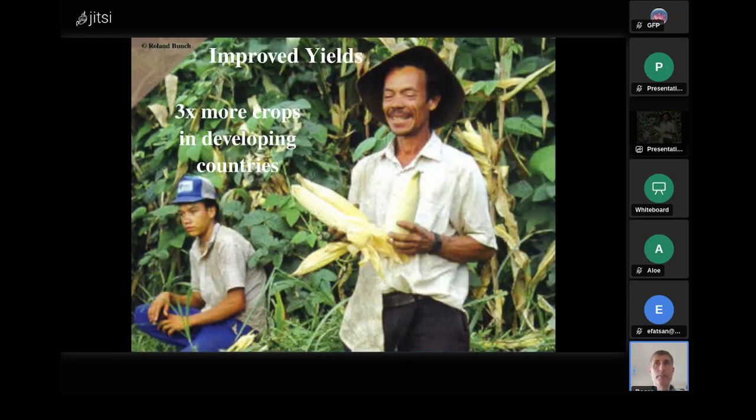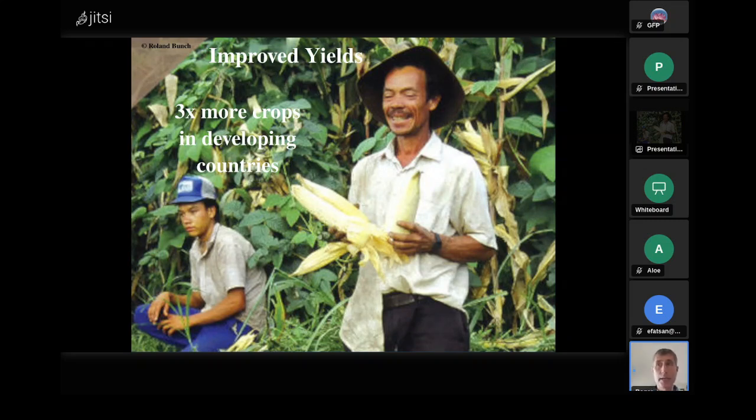Here's an image from Restoring the Soil, Roland Bunch's book, helping to show the increase in yields. And now there's so much data out there, actually. But just to have an exact testimonial, I believe this is from Guatemala. This farmer was losing his land because the harvest was becoming less and less. He was down to the point where he's getting like one ear of corn per plant, and they started teaching him regenerative techniques, which was